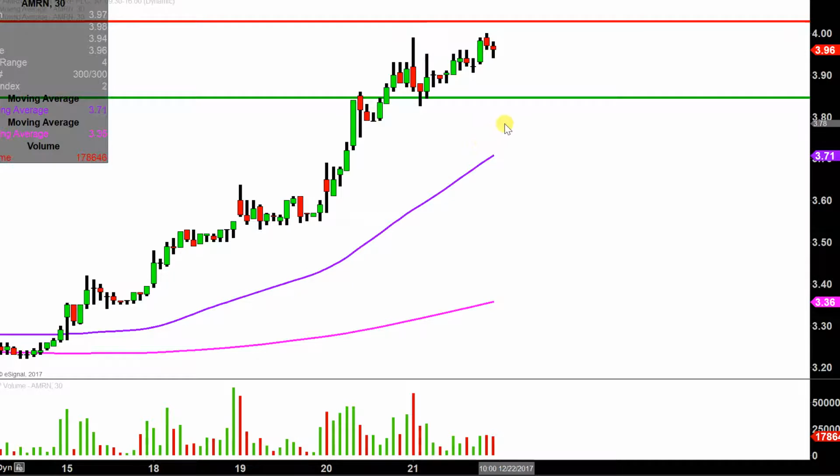As far as new levels, not really anything new to report. So this isn't really an update, maybe kind of a confirmation type analysis would be a better word to use, because we have confirmed right here that 385, which I talked about as support yesterday, is indeed a level of support. You can see earlier this morning when the market first opened, the bears try to get down through there,